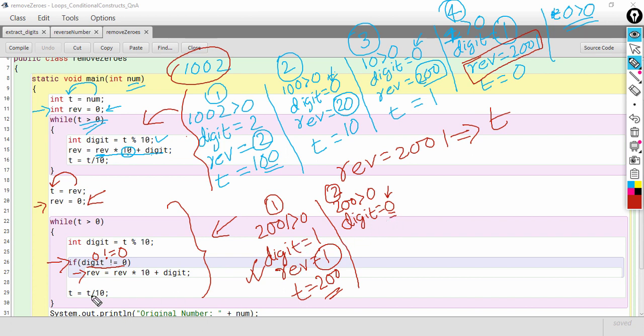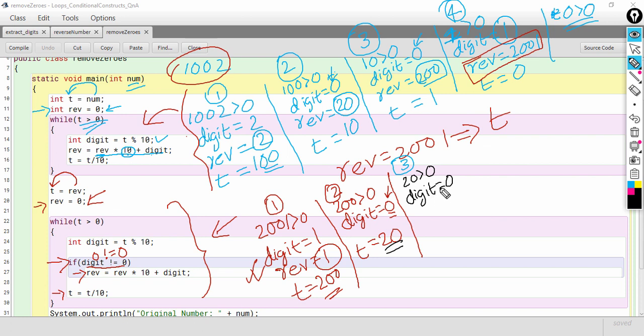Okay. So the control will come here to line number 29 and update the value of T. So T will become 20. Now third iteration of the while loop. So this time the condition T is greater than 0, that means 20 greater than 0, condition is true. Control comes inside. Digit is again 0.